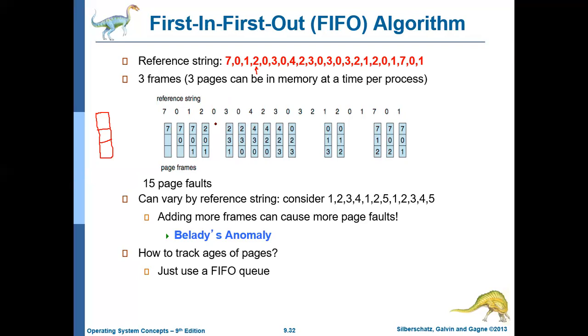So at the end, you need to count the total number of page faults in this numerical. How many page faults are there? Whenever page fault is there, you are just rewriting all the memory contents. So you can count 1, 2, 3, 4 till here it will be 15. So you can say 15 page faults will be there in this case. Okay, here we are having 15 page faults.